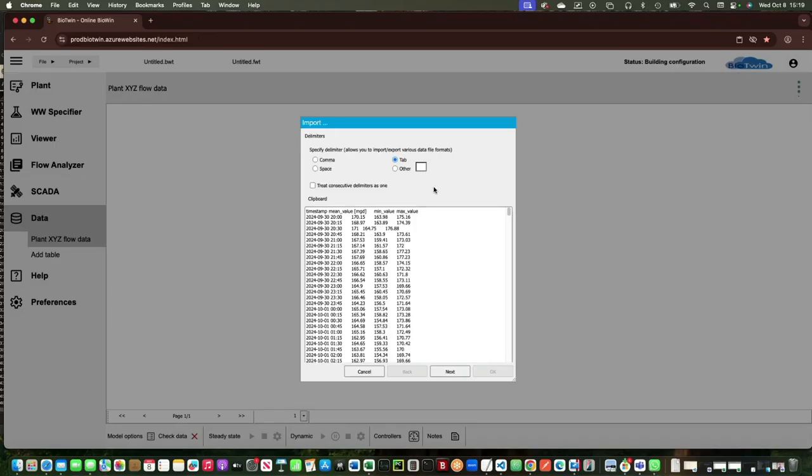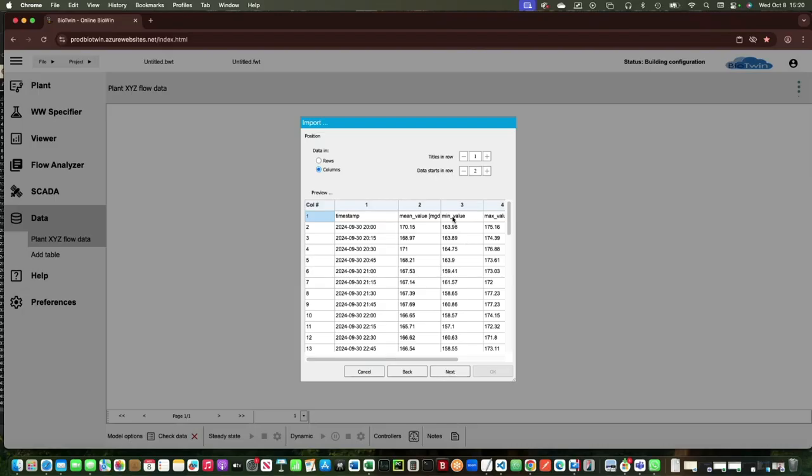So then it pops up the import wizard, and it's a rudimentary view, basically like a raw text view of the data that was on your clipboard. And most of the time you don't need to do anything if it's coming from your clipboard at this stage, because it is tab separated by default. But if for some reason or another the columns were separated by spaces or commas, you could specify a different delimiter, right? But in this case, we're going to just click on next,